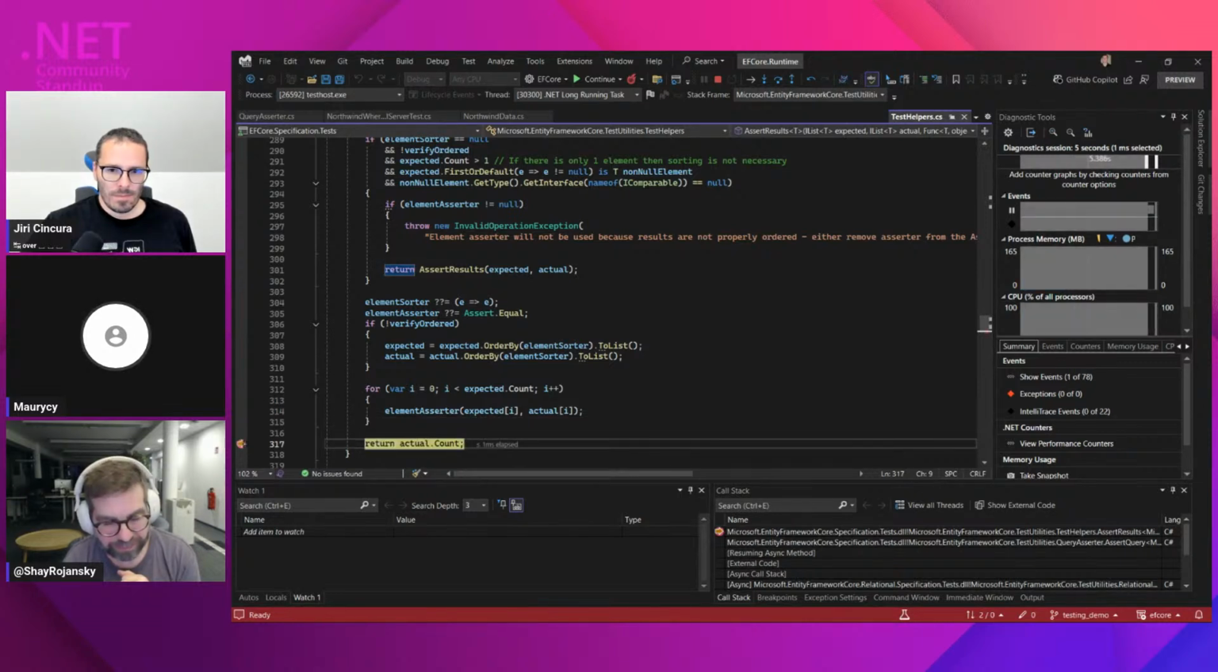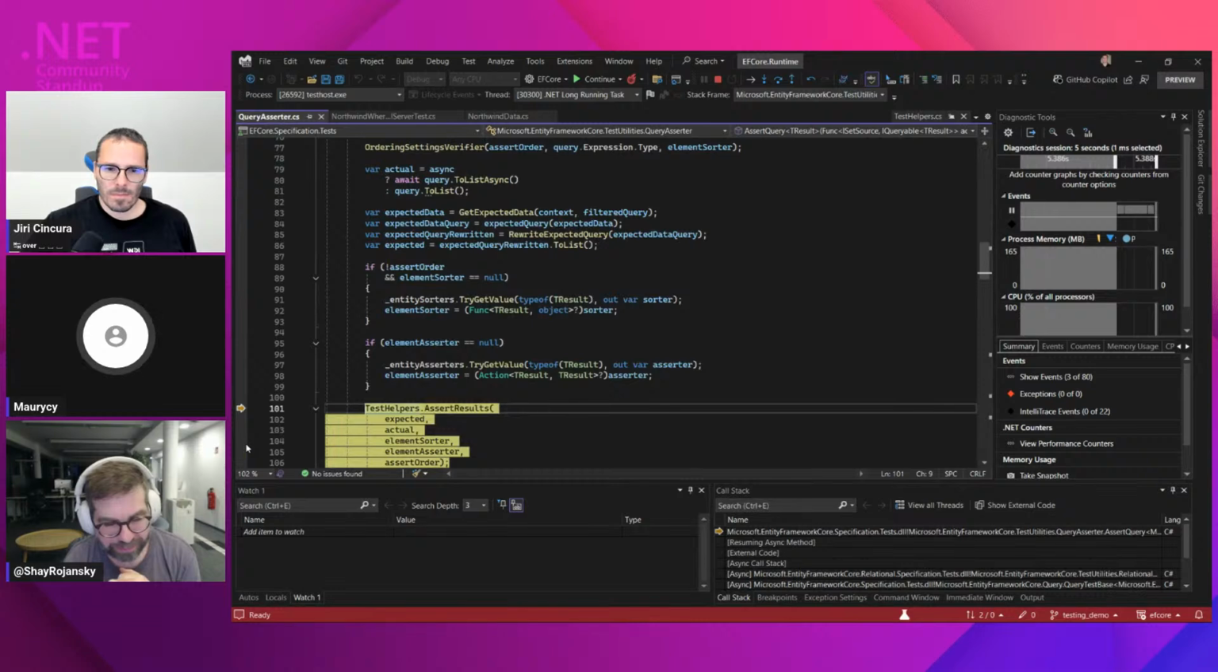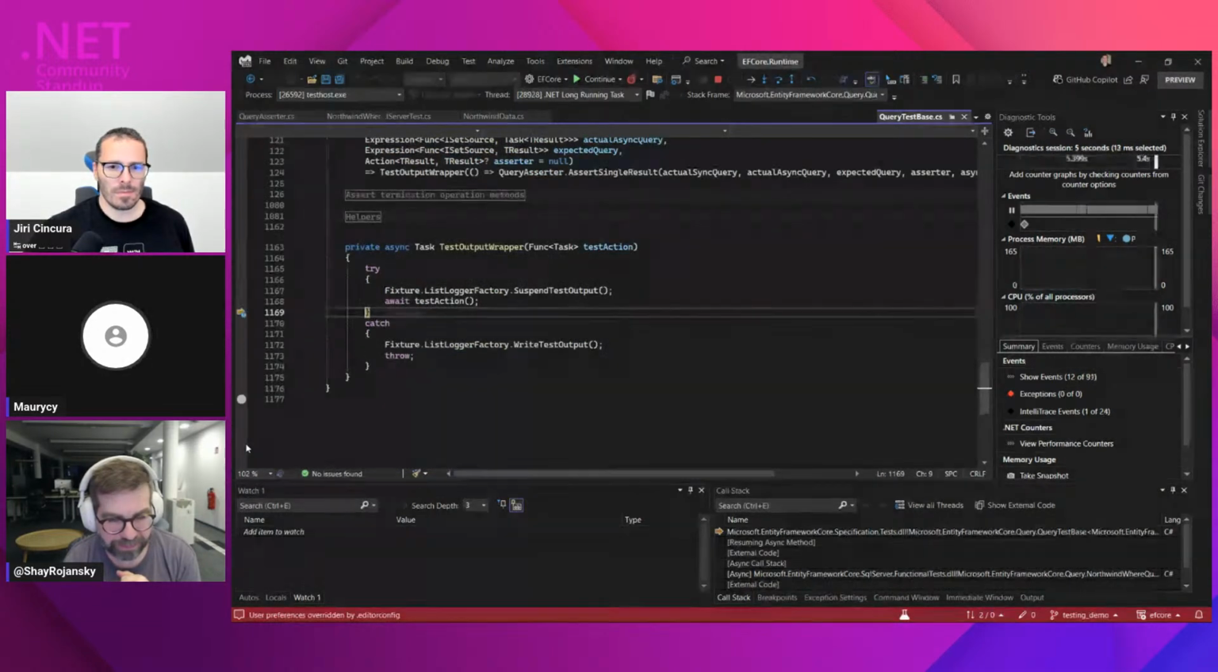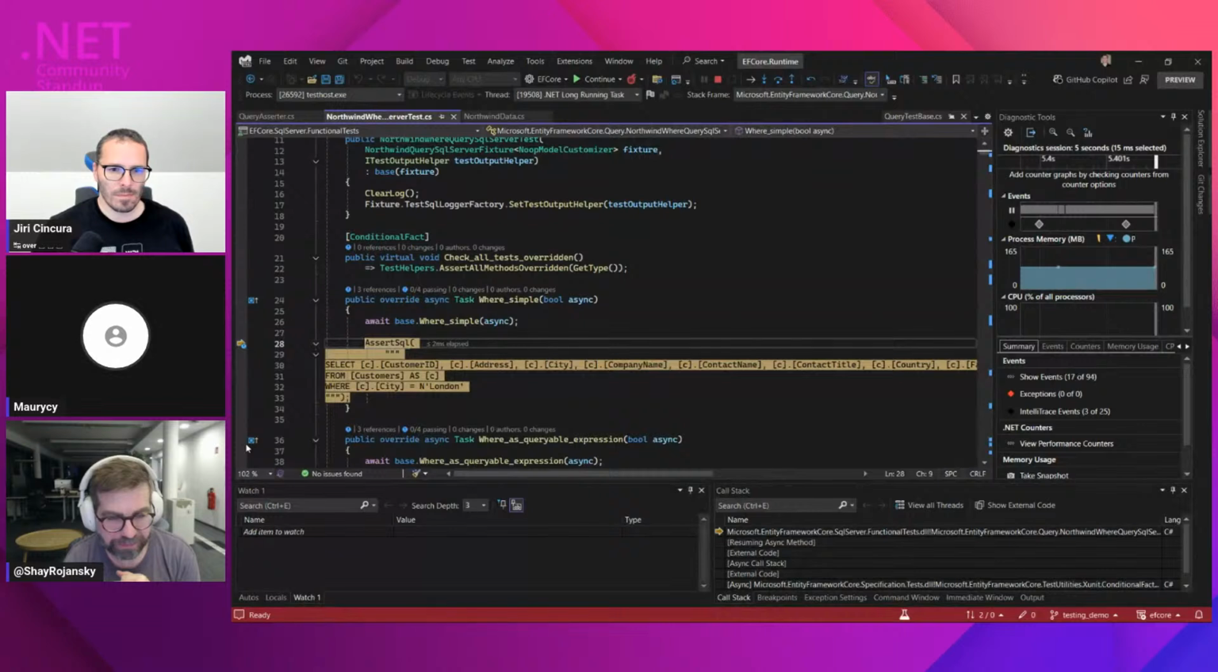And they all pass, perfect. And the final step is verifying the SQL. So then I mentioned in the beginning, there's a bit of overhead with